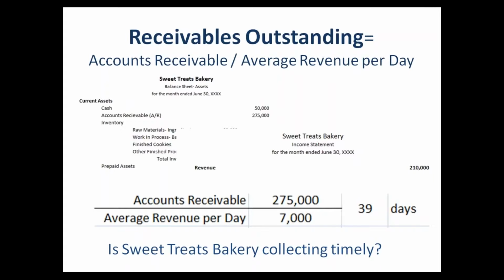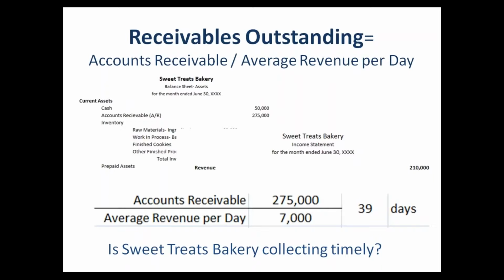Companies will often push the limits on those, and some do pay late. So your average, really industry-wide and business-wide, let's say, is probably over 30. Some industries it's going to be a lot more, some industries it's going to be less. So 39 seems to be a standard there, somewhere in the middle. However, if I was the owner or manager of this bakery, I'm going to question that 39 days, because if